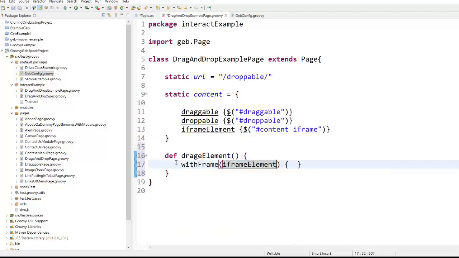As soon as this method is called, it will see that one iframe is available, and within that these two elements are available. It will understand that one iframe is available, so first we need to deal with this and then we need to interact with the element. So now we have written with frame, and after this we are going to write our interact.